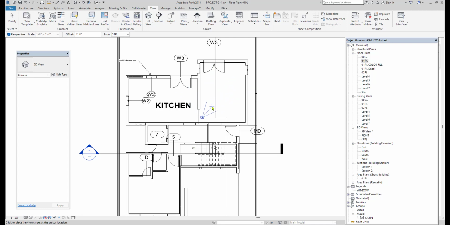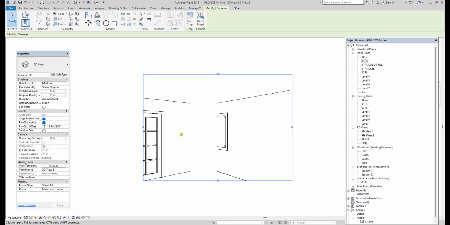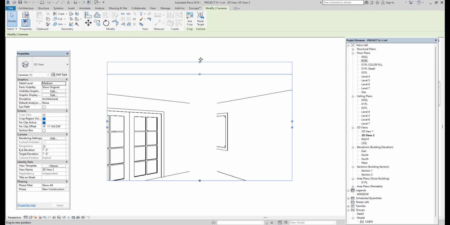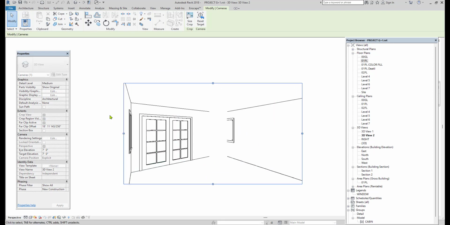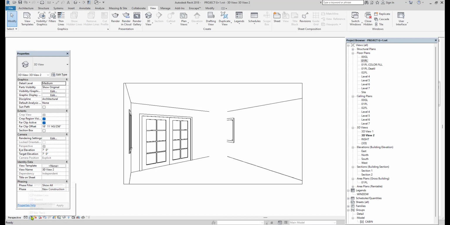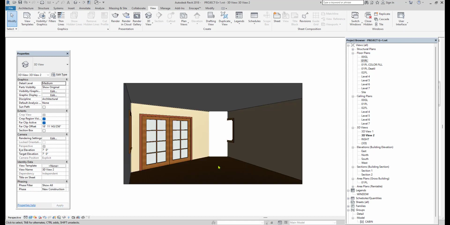Always take a view in such a way that you get a perspective view of your home, and then cover this area. While doing the interior view, you place the ceiling and then lights and place the furniture also. Like this way you can take the interior view. That is how we work with the 3D view by using the camera option. In the next video we are going to learn the other commands.